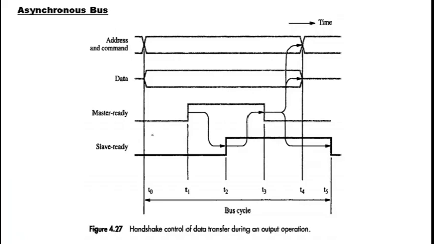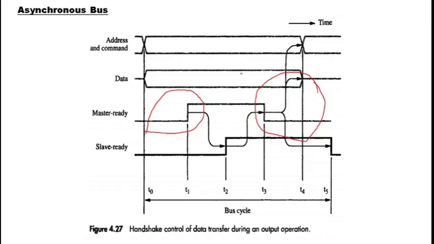That is, between T0 and T1 there is a skew compensation, then there is a skew compensation between T4 and T3. So the T0 T1 case was skew compensation when the data as well as address and command was first introduced into the bus, right, for stabilization so that all slaves can get a uniform view. But in case of T3 and T4, what was the skew compensation for? The skew compensation was for all the slaves to recognize that master ready is going down, and once it is down, data and command are allowed to change.